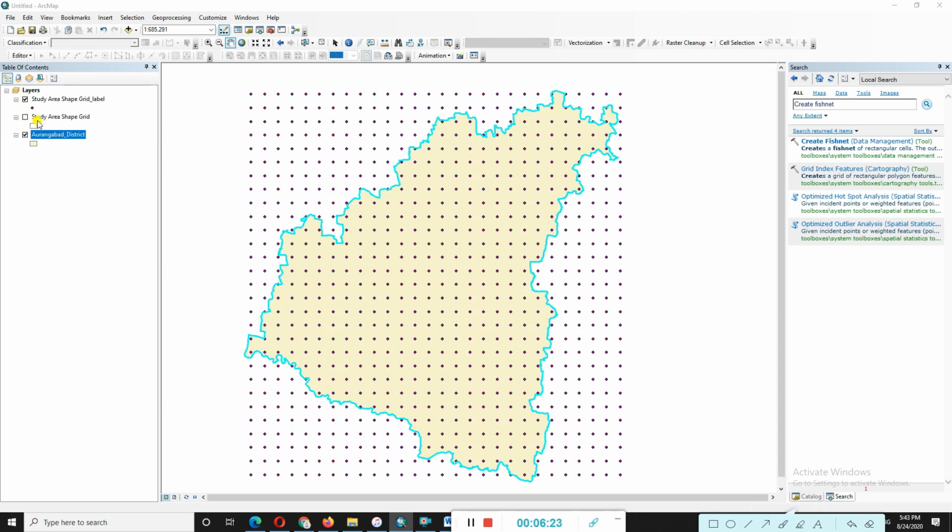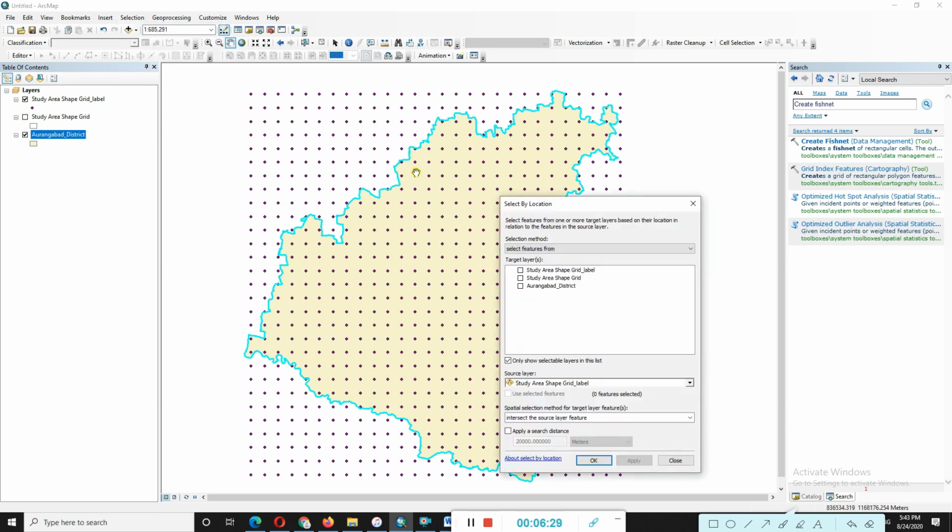So we go with the first point, select here, select this selection by locations. You can look here the select methods. So by default you select here target layer. Here it is having add to current selected features, and remove from the current selected features. So we go with the default, selected area. Already we are selecting this area.